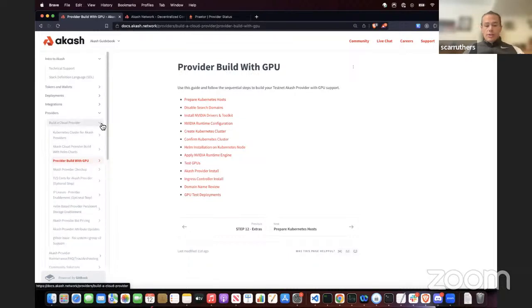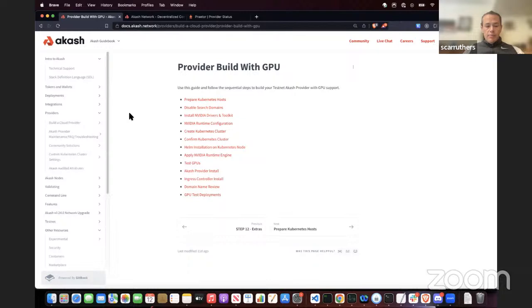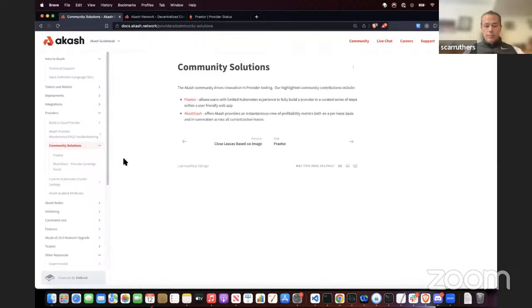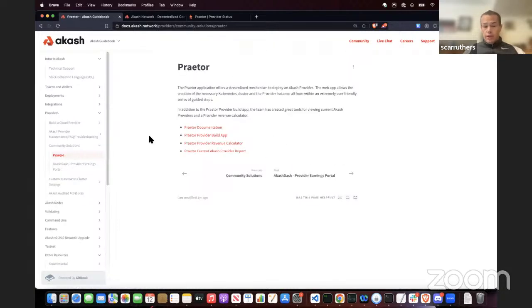I do also, just on the general topic of providers, I mentioned prior that we recommend to become an Akash provider, you have a relatively high degree of knowledge of Linux and Kubernetes. I do want to bring to your attention, under the community solutions section of our documentation site, a partner in our ecosystem named Praetor has a build process that is much more simplistic. And when I mentioned earlier, a path for those that maybe don't consider themselves Kubernetes experts,